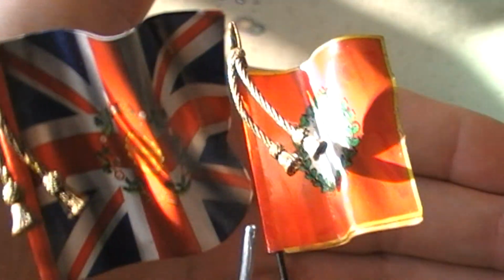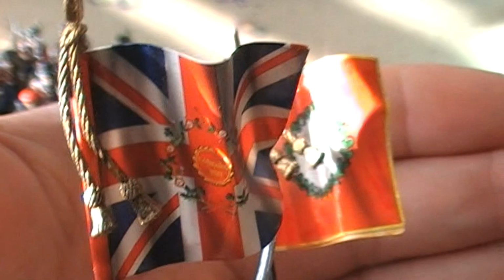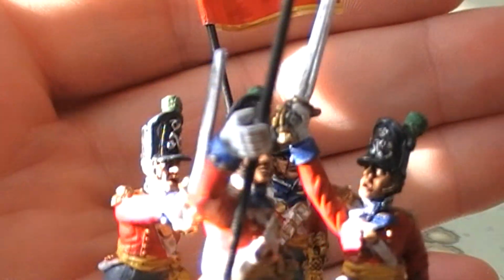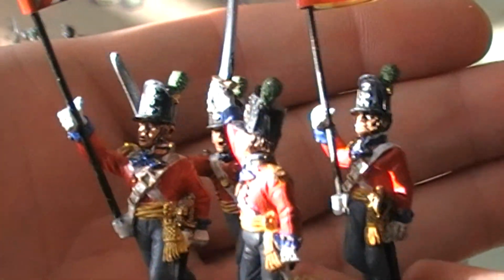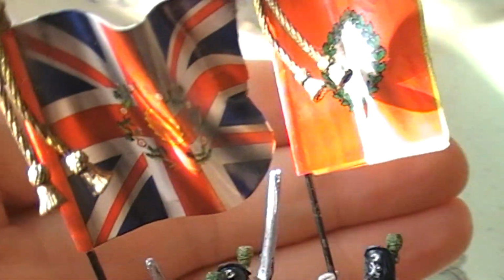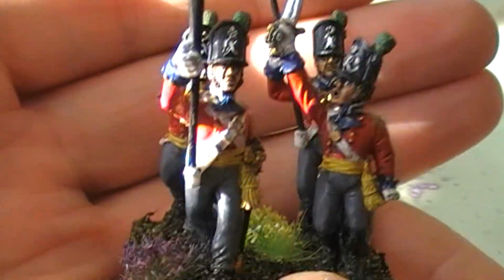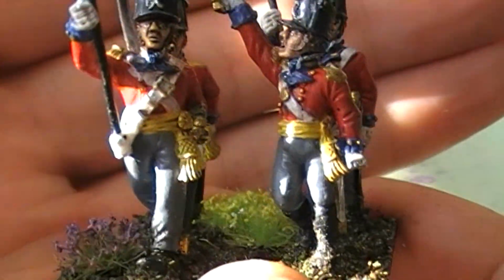So as we all know, there's always controversy about Hanoverian flags, but I like the 2 flag system, and I didn't particularly want to waste a flag bearer, because I really do like my command colour parties, and a colour party is not a colour party unless there's 2 flag bearers, so 2 flags. But as you can see, these are obviously front rank, really nice figures,